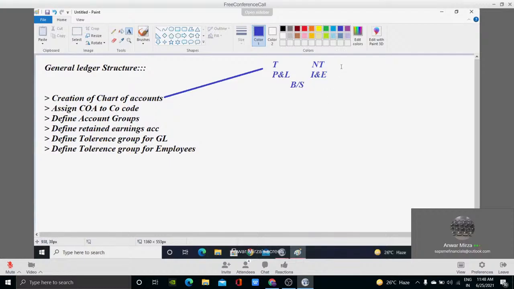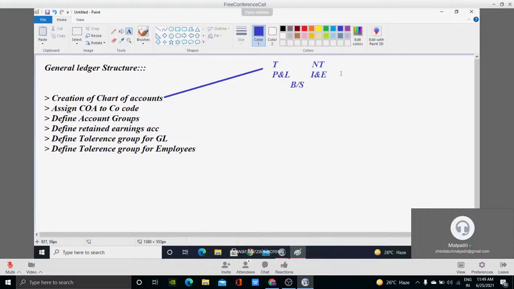So whether it is a trading sector or a service sector, have you ever heard that service accounts are used in trading accounts? No. The expenses are different, the activities are different. Got it? Why is there no purchase and sales in services? Are you getting my question? We are not doing any purchasing or sales activities in the service sector. Suppose I'm an actor. I'm purchasing acting and I'm selling acting. Is it possible? No. So in service, that's the reason there is no trading account.